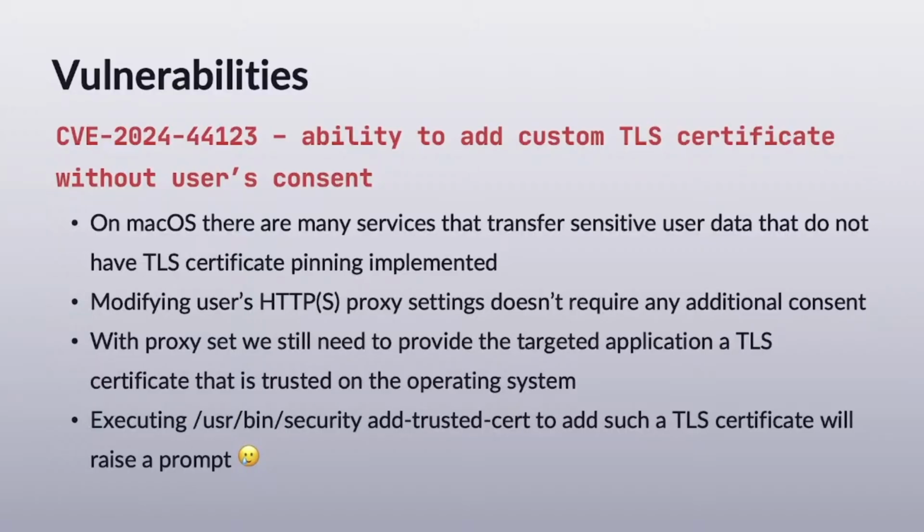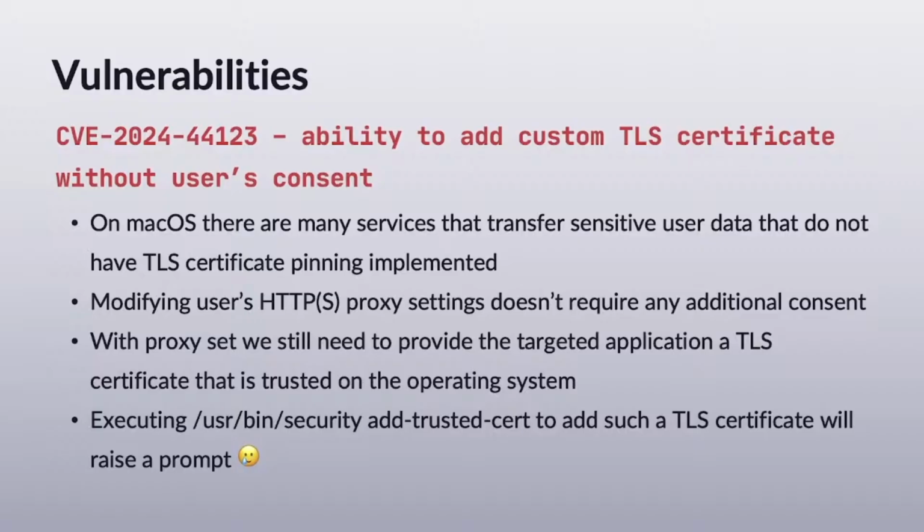It was really funny. But actually, we know that there are a lot of services on macOS that need to send your location to a server to give you a forecast, to share your location with your contacts on Find My, to get your location using Apple Maps, etc. So there is a lot of network traffic with your location, and I wanted to see if it's possible to somehow intercept that traffic. It is really interesting that modifying HTTPS proxy settings does not require any additional